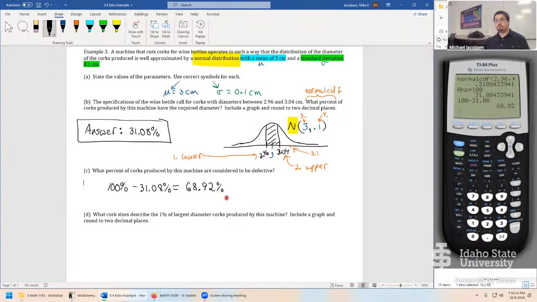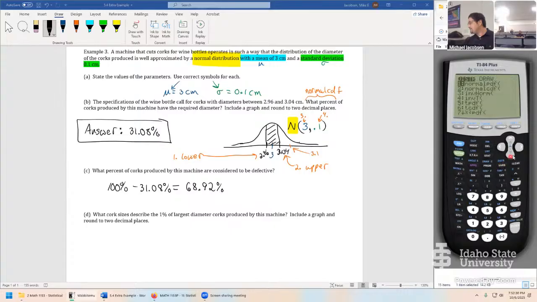But if you were to not skip it, right, it would be the upper end 3.04 would be the lower end, and the upper end would be the 10 to the 99 deal. Exactly, yeah. Opposite. Let's take a look at what it would look like. You'd go, just like you said, 2nd Vars, then go down to normalcdf again. That would be the lower this time, just like you said, 3.04. There is no upper for talking defective on the upper range, so we would put in a 10 to the power 99. Values here would all be correct. And then when we hit enter on that,